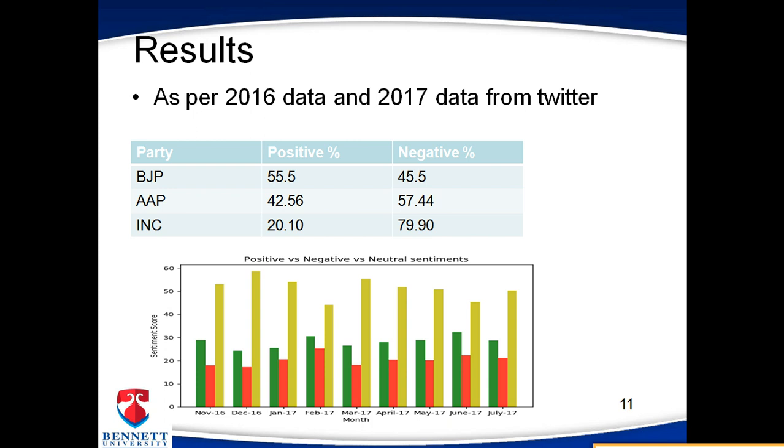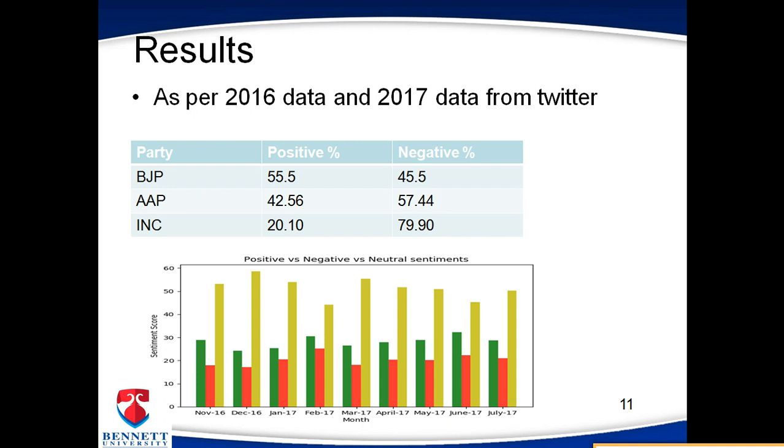The positive to negative ratio is very small for this party and large for the Indian Congress, INC. If we look at the trend from November 2016 to July 2017 for positive, negative and neutral sentiment about these parties,